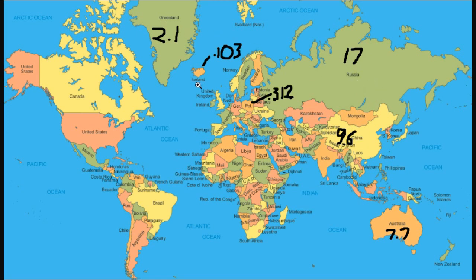When we have a look at Greenland compared to Australia, we see that it's 2.1 million square kilometers versus Australia's 7.7 million square kilometers. However, it looks like Australia could actually fit into Greenland, but that is not correct. That means the Greenland size we have on the map is completely out. 3 Greenlands can actually fit into Australia. However, this map would show otherwise.